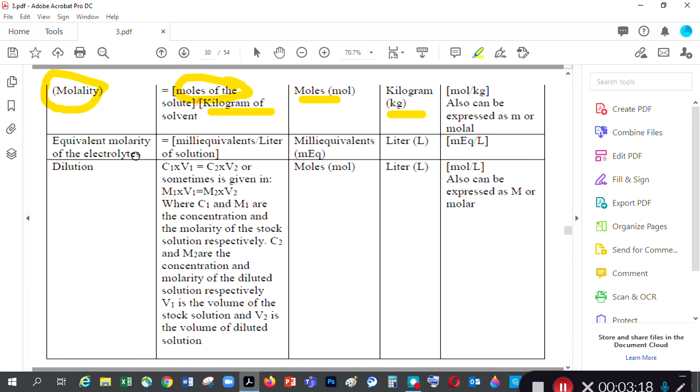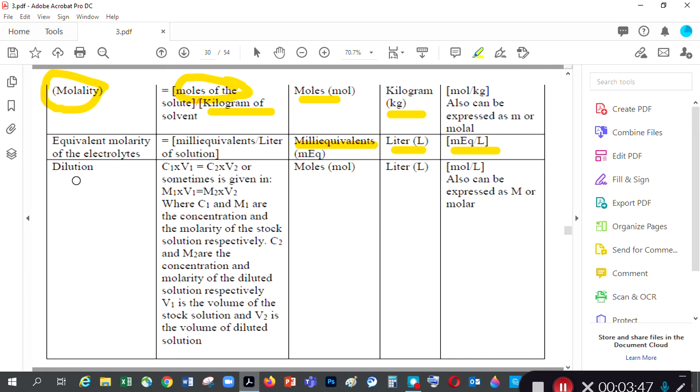Equivalent molarity of the electrolytes is equal to milliequivalents per liter of the solution. The moles of the solute is milliequivalent, MEQ, and the solution is in liters. And this is the overall units of the formula of the equivalent molarity, which is